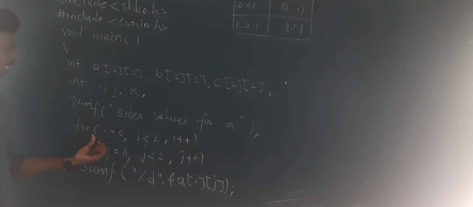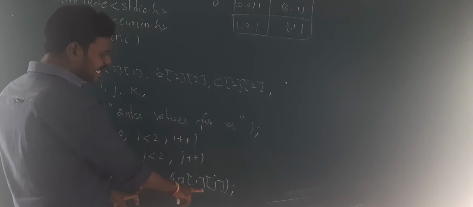See here, when I am executing this statement, i equals 0, 0 less than 2, yes, it is true. I will be entering this. i is 0. Okay, now j equals 0, j less than 2. As I said, i is representing the row, which I am making 0, and j is representing the column. Now 0 less than 2, yes, it is true. So j is 0, and I am entering into this column.